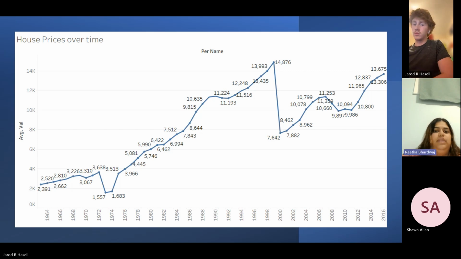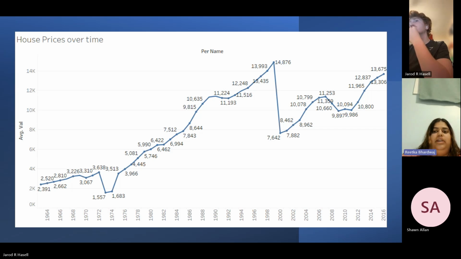Prices dropped from 14,876 to 7,642. Recovery period: from 2000 onward, house prices begin to recover slowly, with steady growth through 2016, where they reached